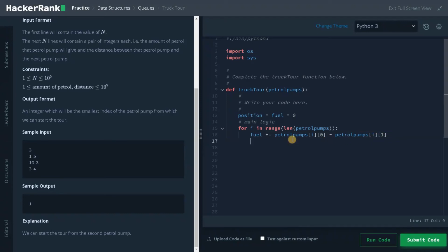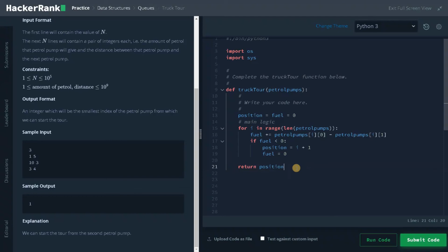If the fuel capacity goes to the negative side, we will check that using the condition if fuel less than 0, we will update position equals i plus 1. That means we can't start from this position, so we will start from the next petrol pump and initialize fuel to 0. Fuel equals 0. When we process all the petrol pumps, we will have a position that we can start from. So finally we will return position.